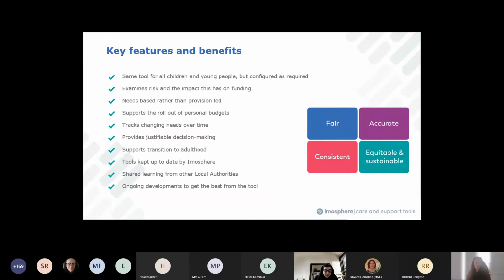And then providing that justifiable decision making, so being able to understand exactly how we came up with that band, and being able to talk and show that in a transparent way. I mentioned that our preparing for adulthood section is relatively new, but we really want to support that, because we know that local authorities really want to be thinking about that much earlier and having the opportunity to start identifying their needs and the support that might be required to support those young people as they move into further and in some cases higher